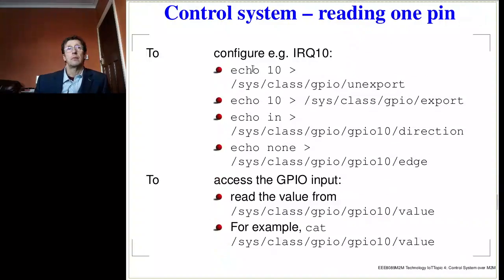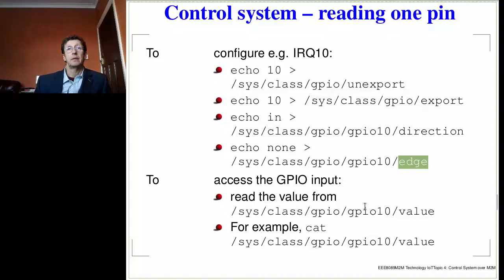So we are doing the same business with GPIO channel number 10. So first an unexport in order to reset it, right? Then output number 10 in the export file. As a result of this, we are creating this directory, which is GPIO 10. Inside the directory there will be a file direction, right? We are copying the word in into this one, and then it becomes an input channel. Then we are putting the word none into the edge, and now it's not responding to the edge at all, but instead of that